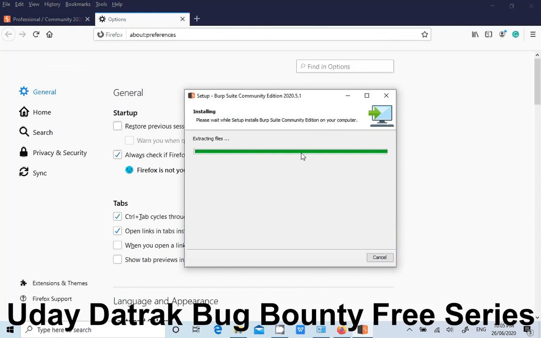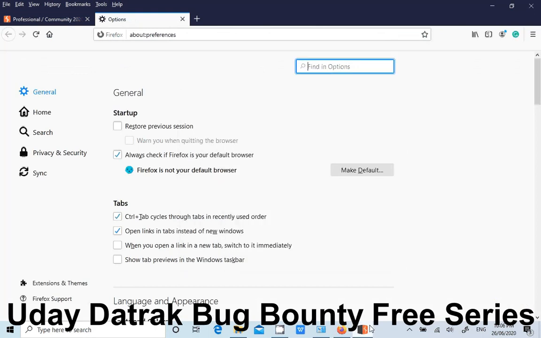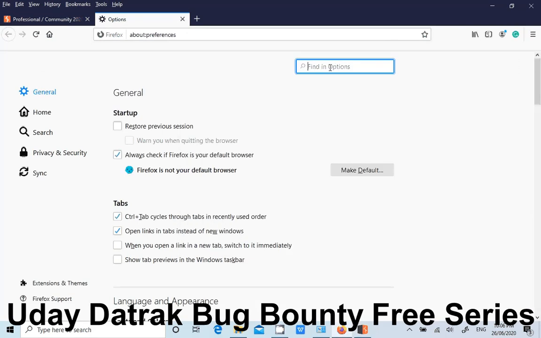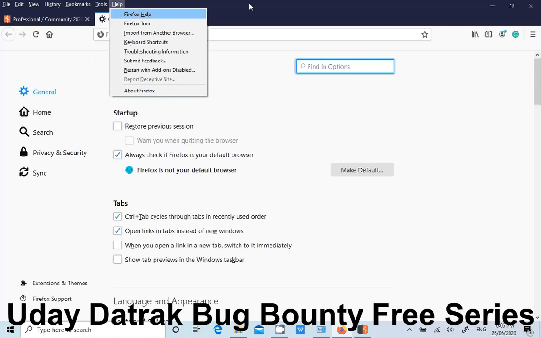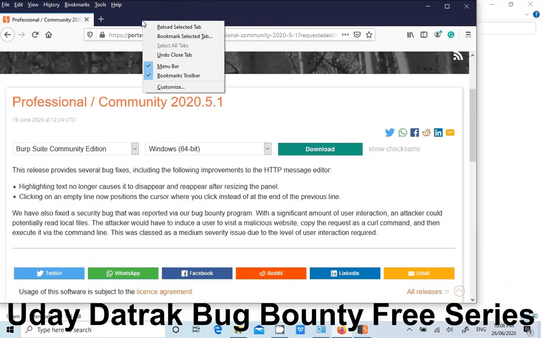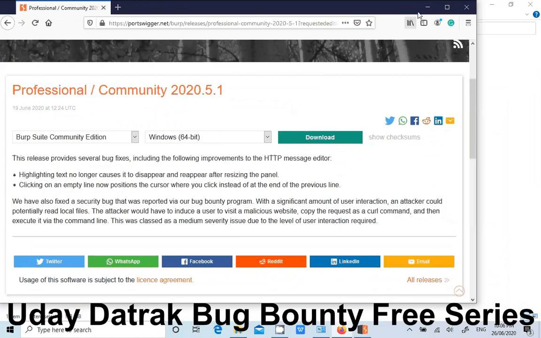It's extracting. It takes only 2 minutes to install. In order to set up, first of all, if you don't see the menu in Firefox, by default when you install Firefox, you cannot see the menu here.